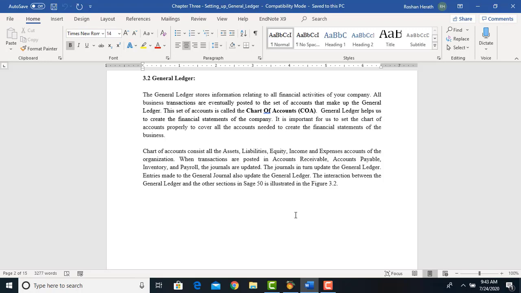At the very initial point, you have to establish the interrelationships. The interactions have to be initially set. Thereafter, the transactions you perform in these individual modules automatically update the general ledger. How do they do that? The corresponding journal entries are created once you work in these separate modules, and through that it updates the general